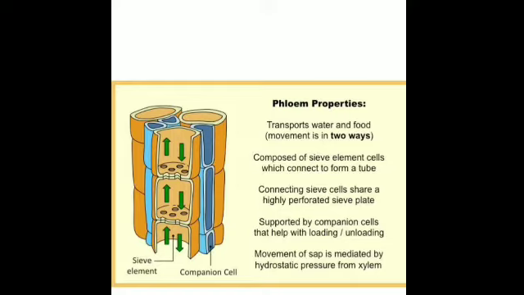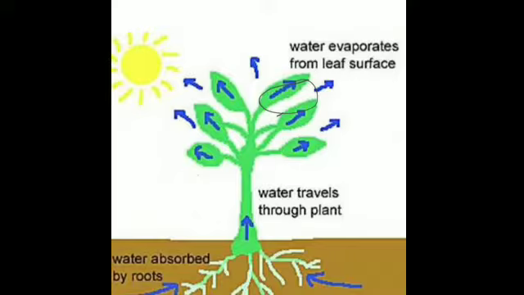Then I had told you about the importance of water for plants. What is the importance of water? It transports substances in the solution form from one part to another, and it is used for making food by the process of photosynthesis. Then whatever excess water is there, it evaporates, and it provides suction pull that causes the ascent of sap, that is the movement of the sap in the upward direction for the transport of water and minerals to all the parts of the plant. Apart from this, it also provides a cooling effect.